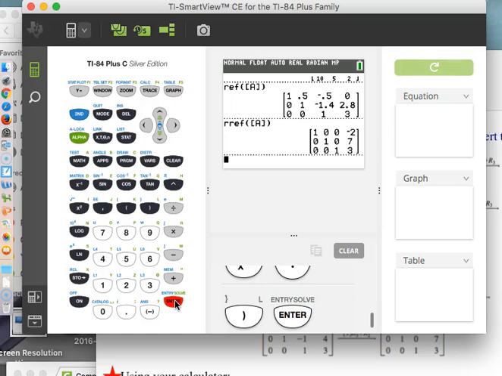So we can check, make sure that everything's working well. When are we going to use this? When our matrices get really big. We definitely want to be able to do it by hand when we take the test, but I would think this would be like the biggest one that you're going to see on the test because they take a while to do in that form. So let's go ahead and take a peek at